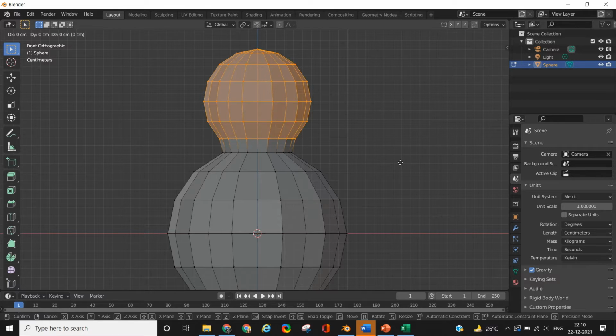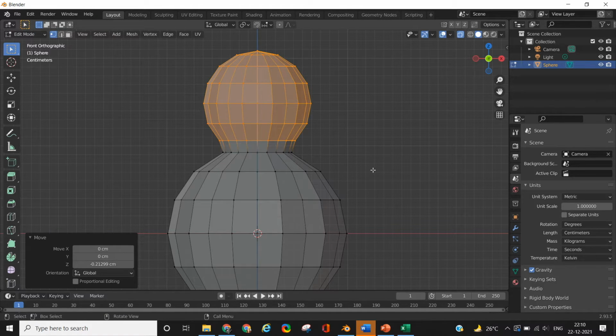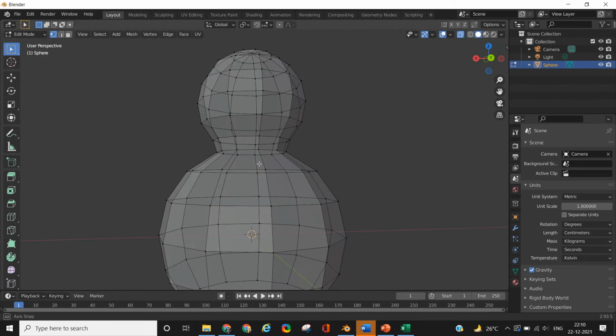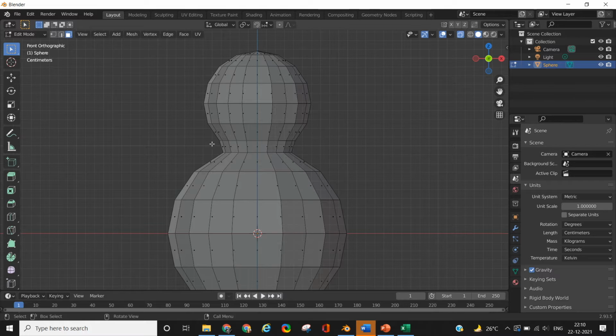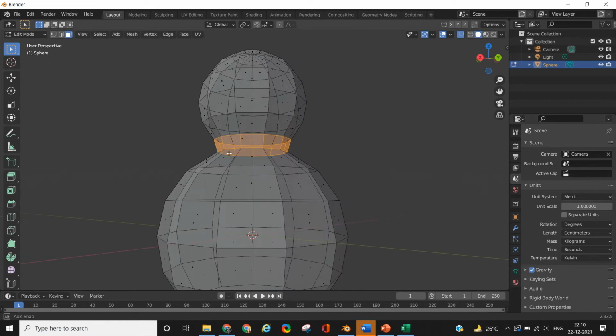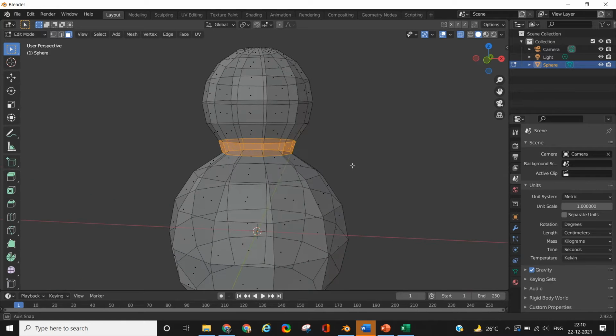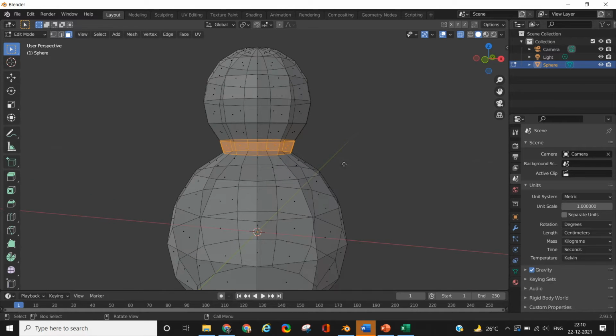Now we'll move to face editing mode by clicking the option on the left top corner so that we can directly do the extrusion of the faces. So click on that face icon so that you go into the face editing mode, and go into the front mode again by pressing 1 on the number keypad and drag and select all the faces. Since the X-ray mode is on, even the faces at the back will get selected. If it is not on, then only the faces on the front will get selected.